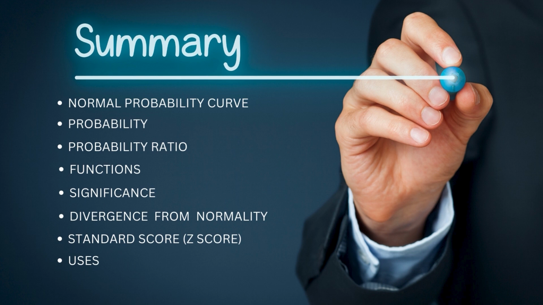We also discussed the divergence from normality. We discussed what the application of z-score or standard score is in the normal distribution, how z-score is used in statistical analysis, what the functions of z-score are and what the applications of z-score are. So, by now it is expected that the concept of normal probability curve might have become clearer to you, and this particular session might have helped you to get clarity on the picture of normal